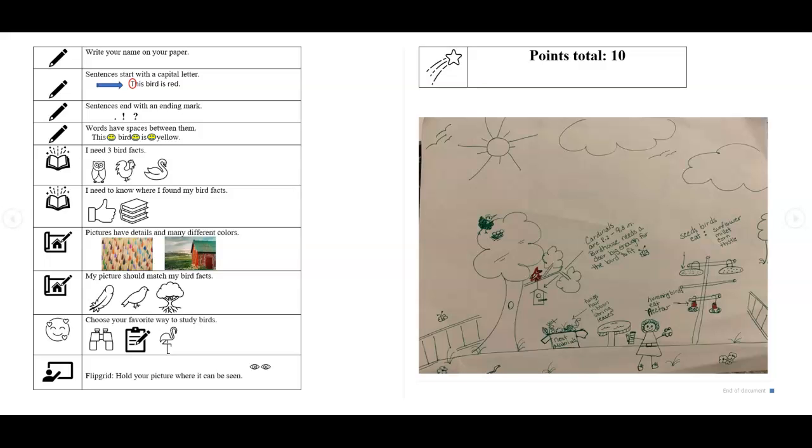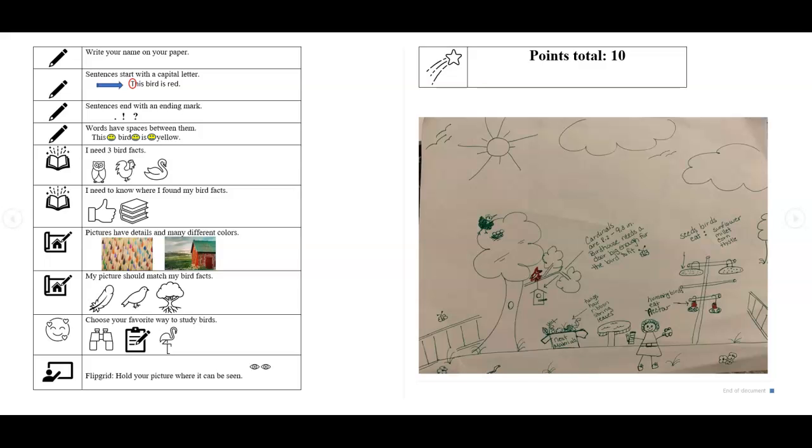So we have to think about those 3 different bird facts, and we want to think about where we might be able to find that information. In our Super 3 video, we talked about the Wakelet resources, and we talked about your bird observation and fact books as good, safe places to find bird information or bird facts. The next step, after we plan what our 3 facts are going to be and where we're going to find those 3 facts,